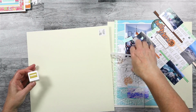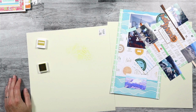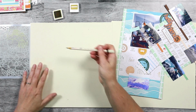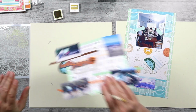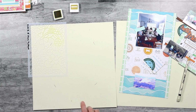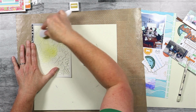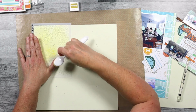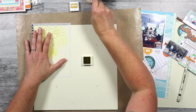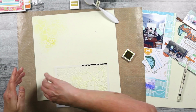Now, because 6x6 papers don't always go across the entire background, sometimes adding something to that background can help make your papers pop a little bit more. So I pulled out the stencil set from last month's SCT Sampler Kit, which is kind of a tropical floral stencil. And I do believe I used that stencil for, now I can't remember. Did I do these same photos last month? I'm just not sure. But at any rate, I did use that stencil last month, and I'm using it again